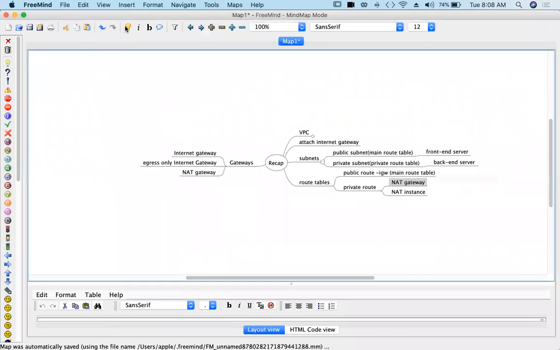So for NAT gateway, create the NAT gateway in a public subnet. So the first step, create it in the public subnet.